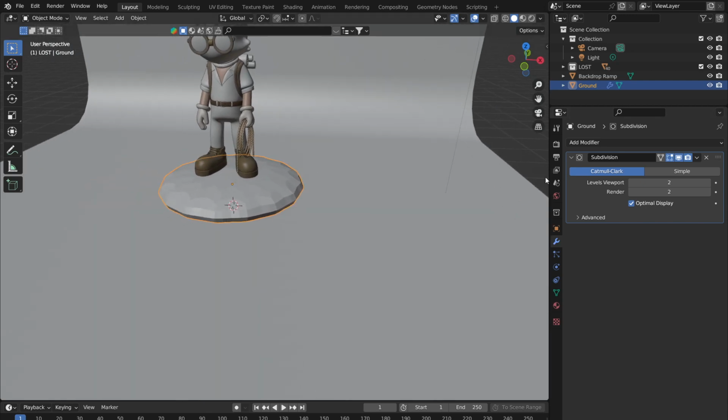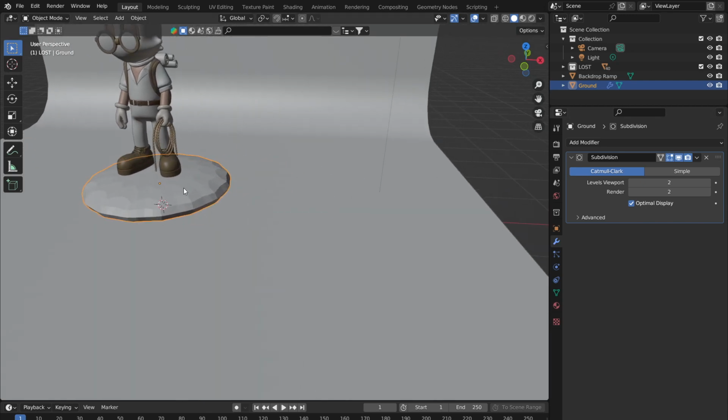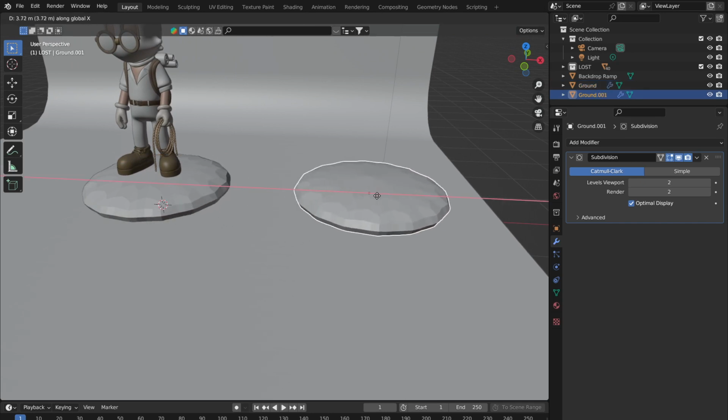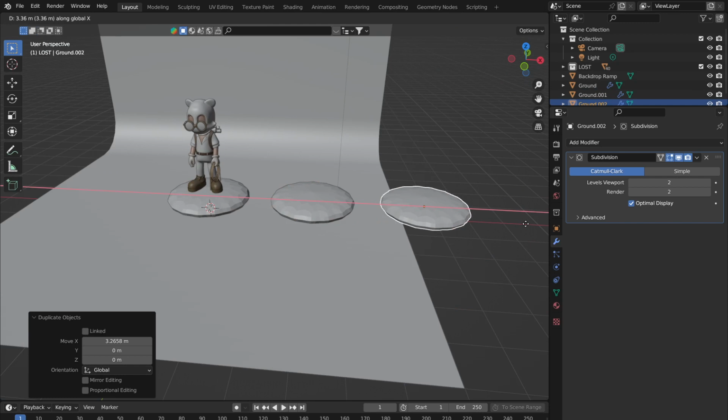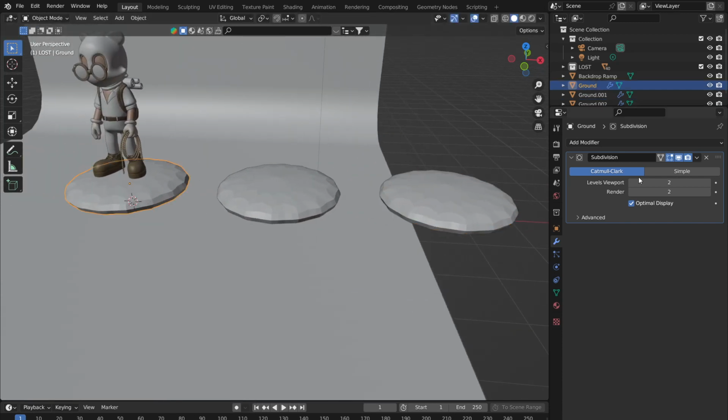And maybe this might be slightly easier to explain if I have copies of this object. So if I just Shift D to duplicate my object over here, Shift D again to duplicate over here. So I've got 1 subdivision on the left-hand one, 2 on the middle, 3 on the one on the end, and you'll see that it's getting smoother each time. So if we right-click, shade smooth, right-click, shade smooth, right-click, shade smooth, you can see that it's getting a lot smoother over here. And if we apply all of those subdivisions, which are over here, to these models, if I just come over here, select this thing, hit Control A, or this little drop down, and apply,